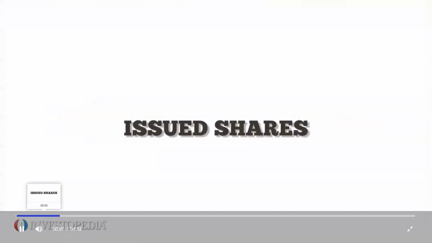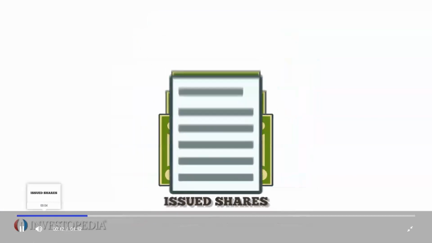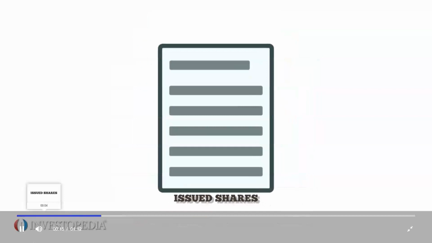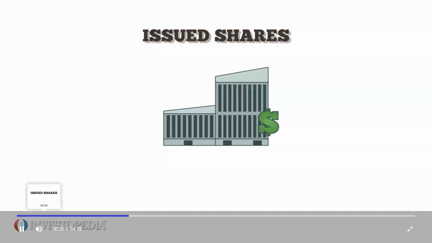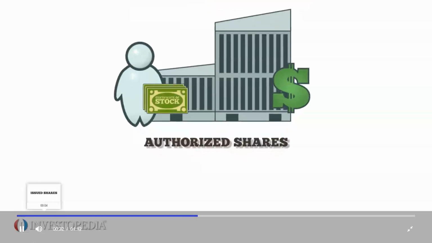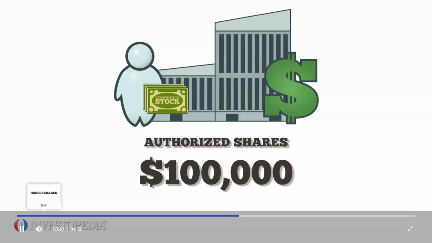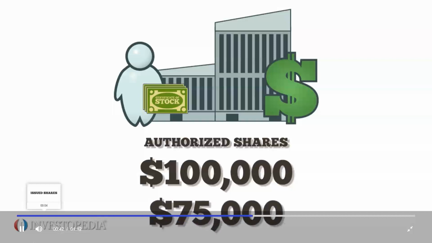Issued shares are the amount of authorized stocks a company shareholders buy and own. The annual report shows the number of outstanding issued shares a company has. Issued shares are the stock a company sells to raise capital. They're also the stocks insiders receive as part of their compensation. Shares a company retires are not included among its issued shares. Authorized shares are all of the stocks a company is allowed to issue, but dividends are only paid on issued shares. For example, a company may authorize the sale of 100,000 shares, but only sell 75,000 and retain the rest